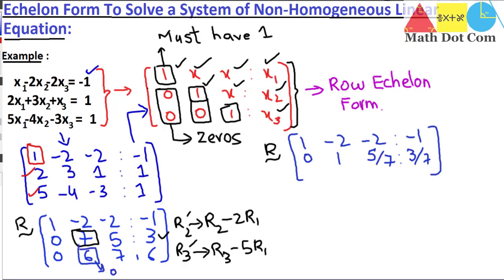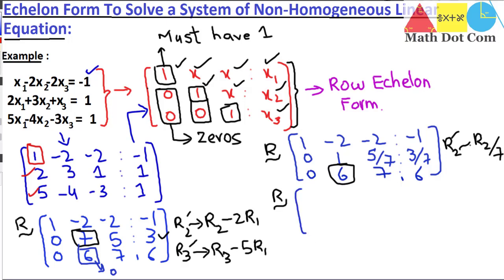One row operation was, we have made R2 dash as R2 divided by 7. This is the one operation. So what we have done is, we have divided the second row by 7 and we have got the 1 at this location. The next row operation will be on the third row, as we have to make this element as 0. For that purpose, let's see what we have to do.